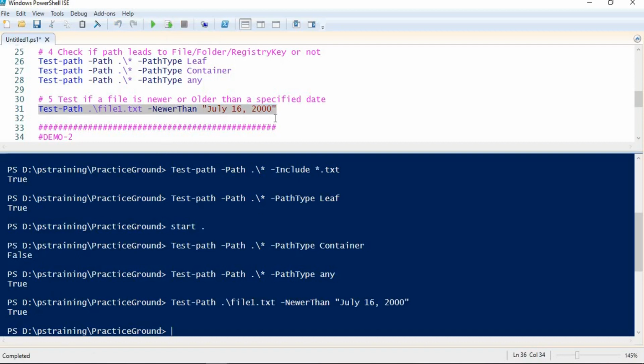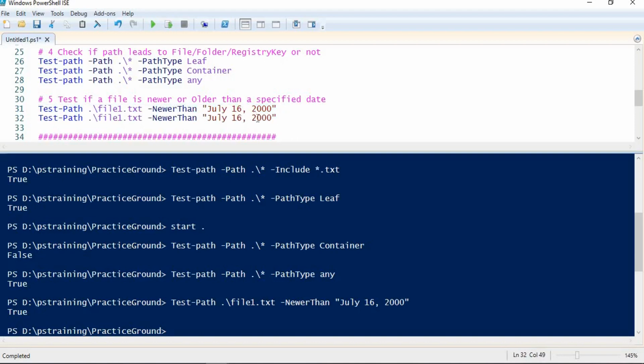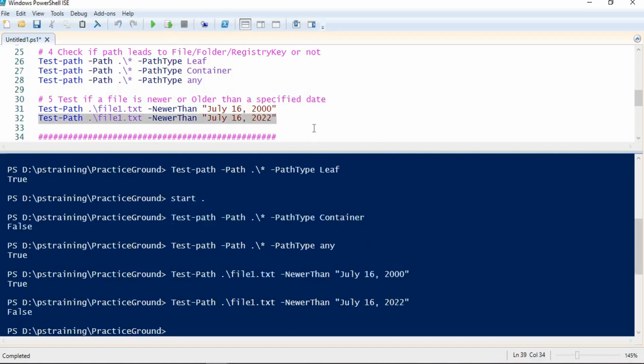Yes. And if I try to make it like if this file is newer than 2022, what should I be getting is false because this file is not newer than this future date. So I'm getting false, which is correct.